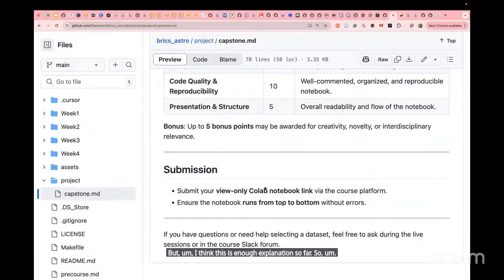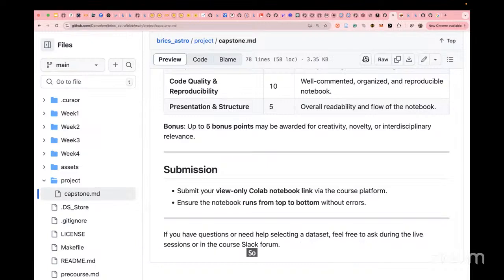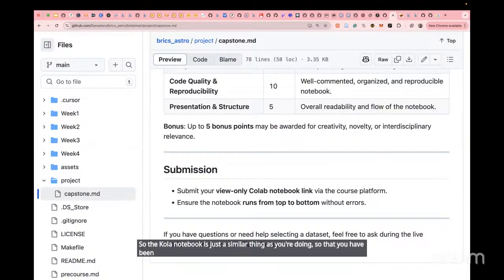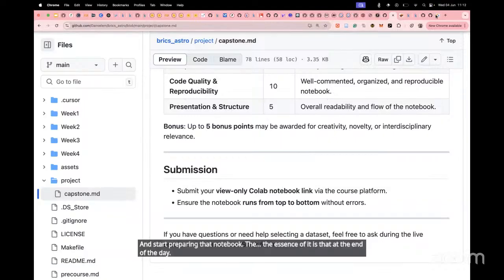So for submissions, we expect you to get your Colab notebooks ready. The Colab notebook is just a similar thing to what we've been working with. If you go to your Google account, you can create a new fresh notebook and start preparing that notebook. And the essence of it is that at the end of the day, say for example,